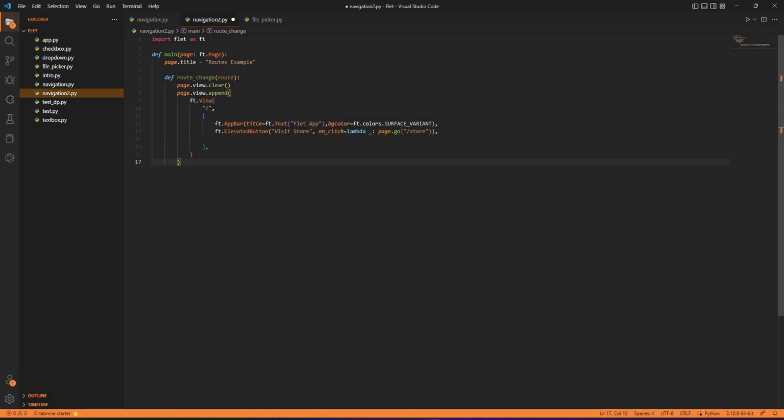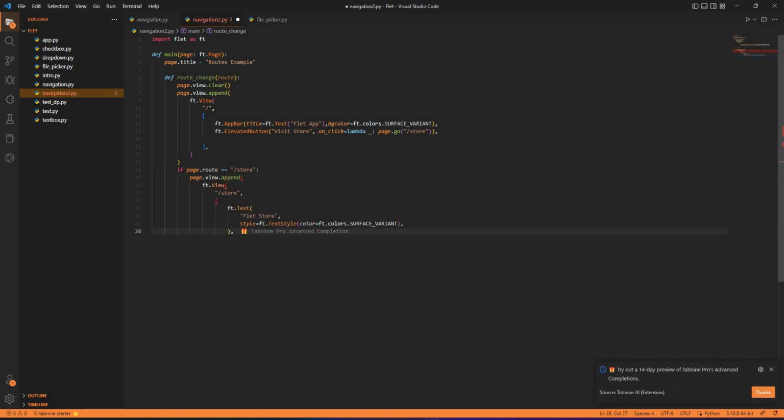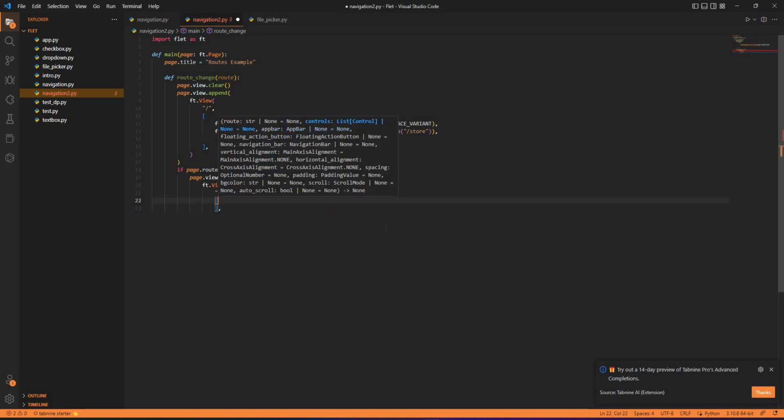Now inside this function itself, after this statement, if page.route equals store, then what do I have? So if this is equal to store, then I have page.view, and so it has already given me the statement till here. After this I need to add something else inside here. So I just remove this and close this bracket again, after that a comma, and inside this bracket I'll